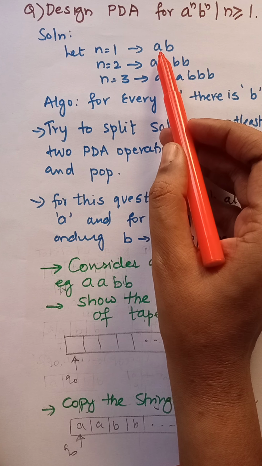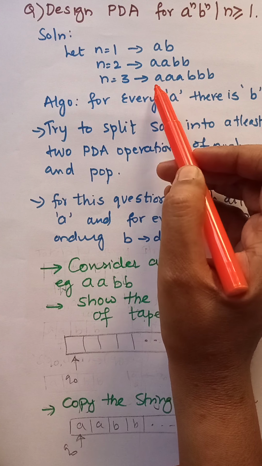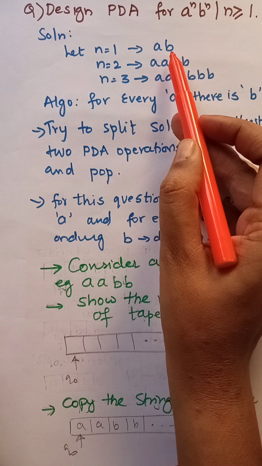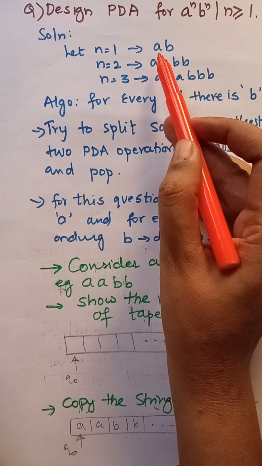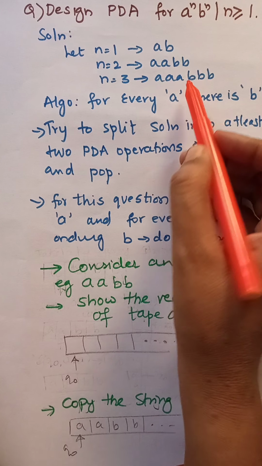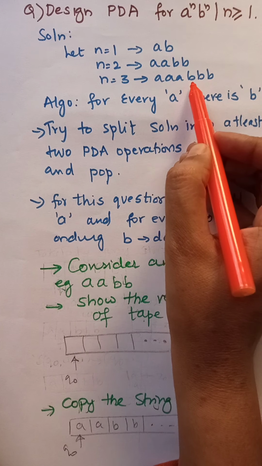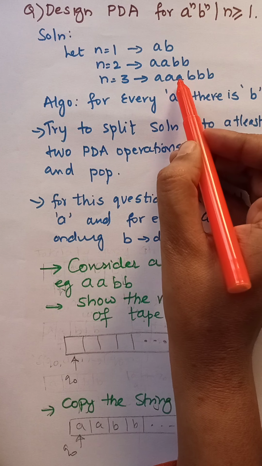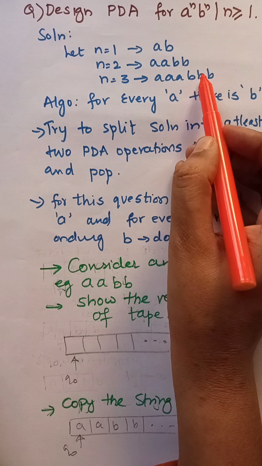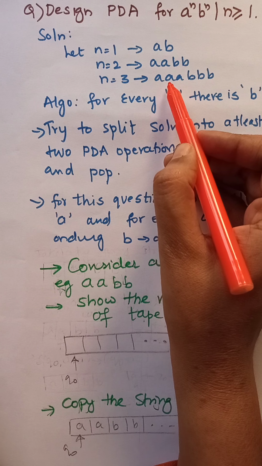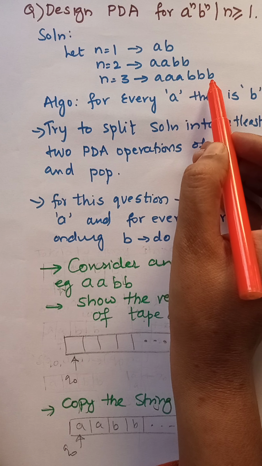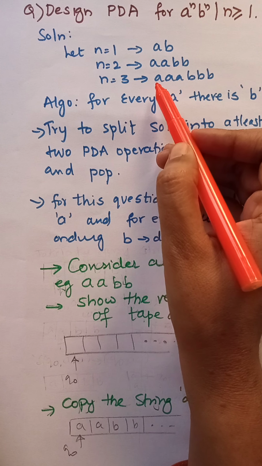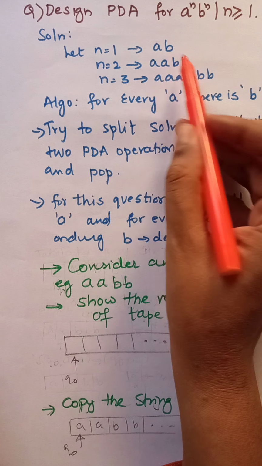That means whenever, after reading A, double A, triple A, we get the first occurrence of B, that is a proper match, we can say, for whatever A's we had already read. That is, after reading A, if we move here to B, we are going to cancel it out. That means this is a particular match for this A. After reading this B, we will cancel out this B. That means this will be the particular match for this A. After reading this B, we are going to cancel out this, because this is, we can say, the perfect match for the first A. So for the first A, the last B will be the match.